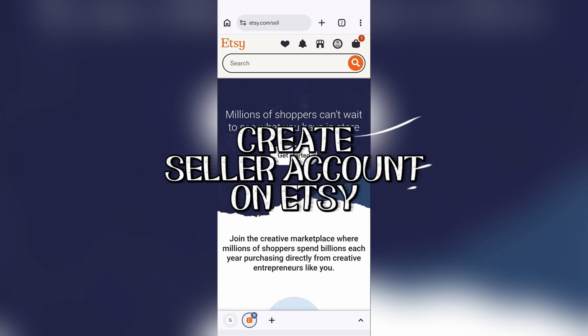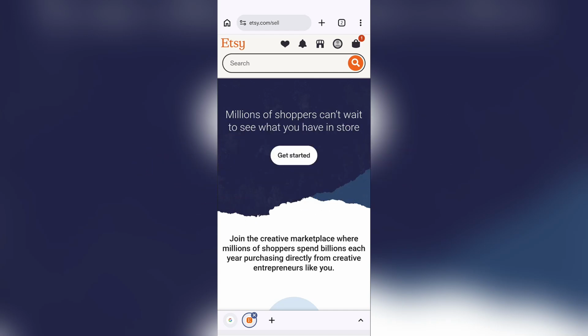How to create a seller account on Etsy. Now, if you want to create a seller account on Etsy, first of all, you need to create a normal Etsy account. And once you create a normal Etsy account, you need to come into this website of